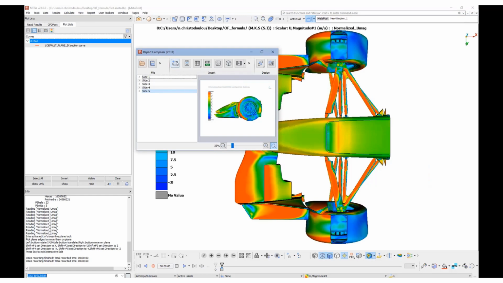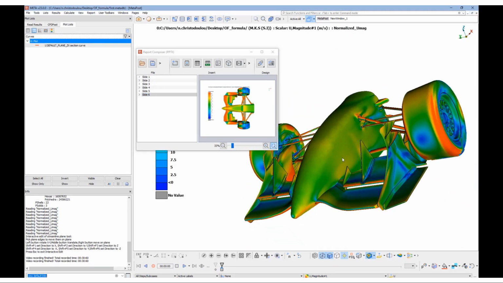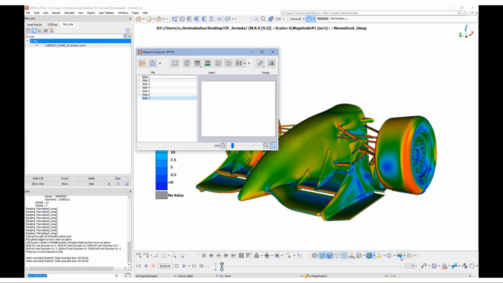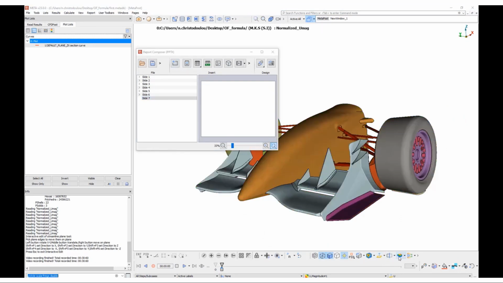Now I'm using the default views that are saved inside Meta using F1, F2 buttons. But of course we could also use the custom views that we saved at the start of the session.